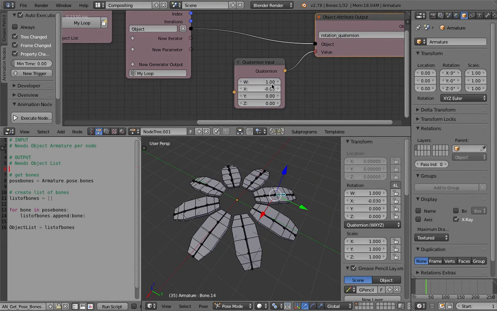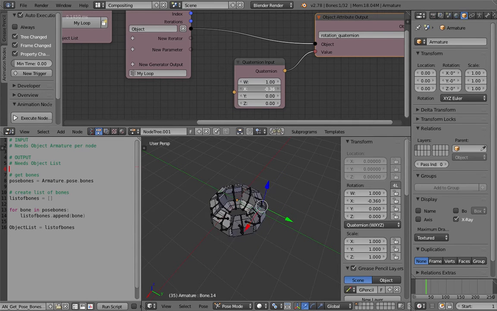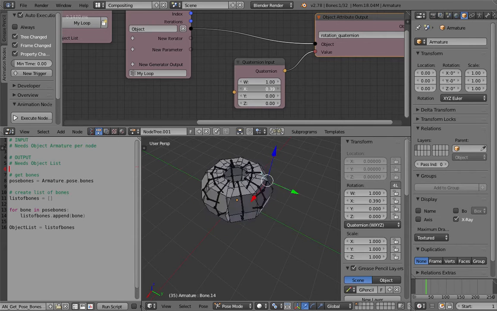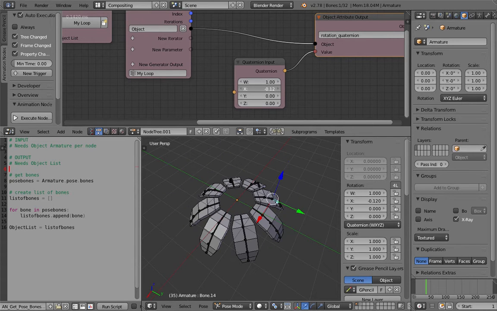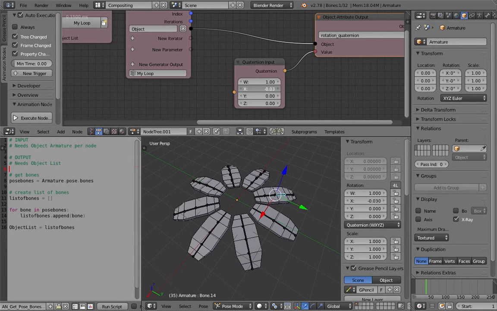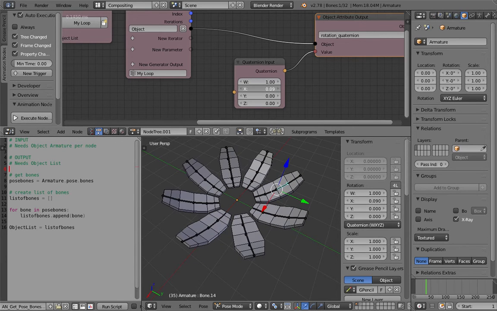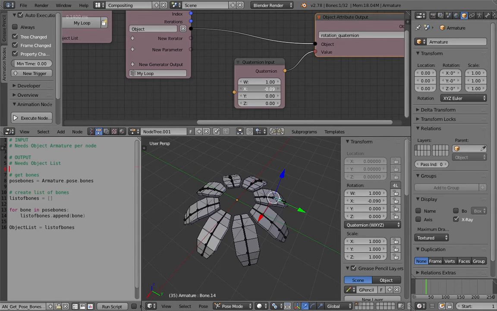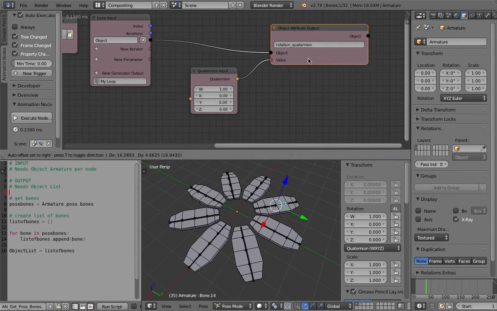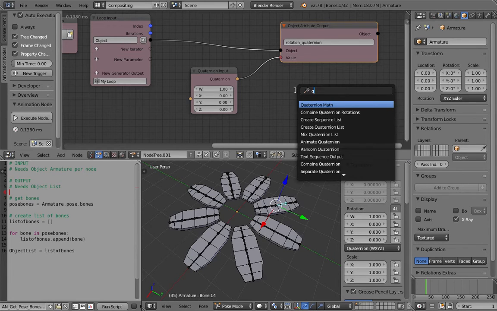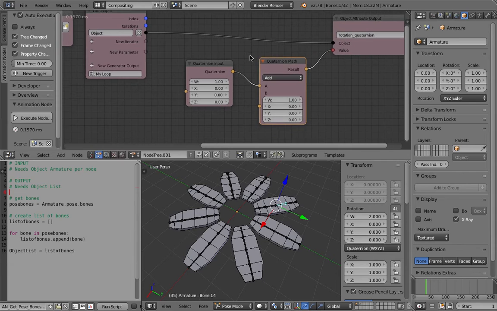So obviously the value from -1 kind of curling that way, and then 1 will curl it up like that. It's currently not exactly like a flower, but it's a start. Maybe we can use quaternion math. I have never used quaternion math, but let's see if this is